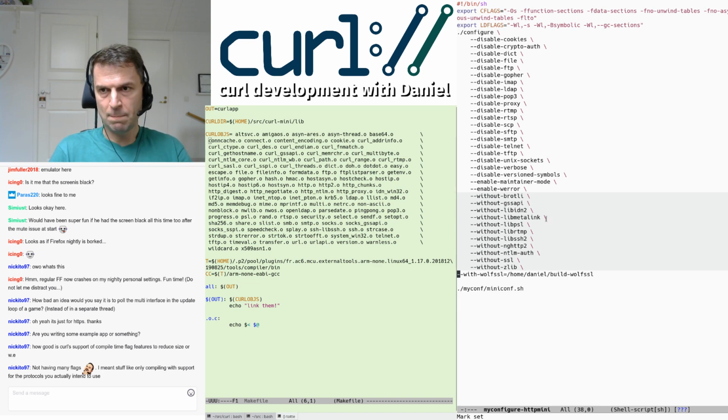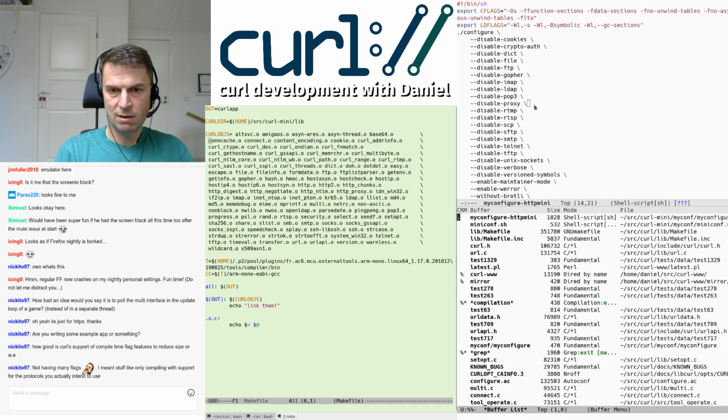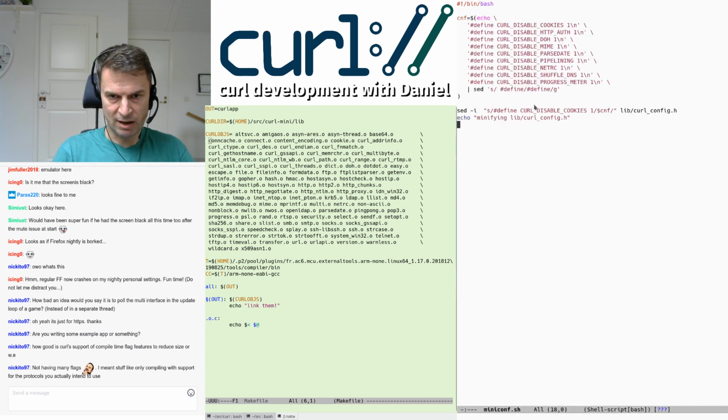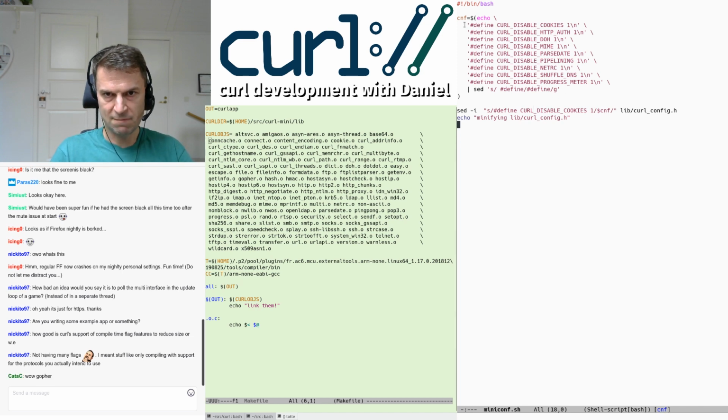And then I have a bunch of extra ones that aren't in Git yet. Actually, I'm now landing things that you can disable that don't have configure options yet. So you actually have to handcraft the curl_config.h file, which I do with this script. In my case, I add these defines to my config file to make sure that these features are disabled: cookies, HTTP authentication, DOH, MIME API, date parsing,